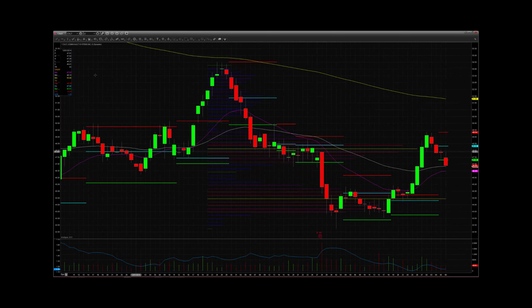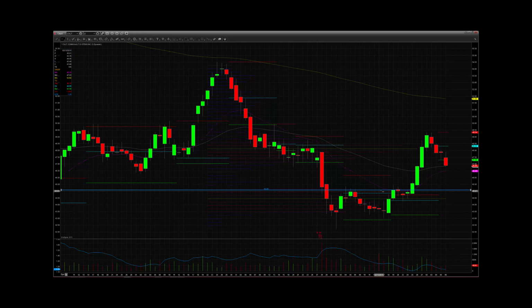Another trade we were in was Commvault Systems. We were in this one for a while, again coming off of earnings back at the end of January. It put in a nice base, just over $43 here, and the high of the flag was really $45.40. So as we were trading sideways here, we got long on this trade at $45.10, right about here. So we got long at $45.10 on the break of the 20 moving average back here on